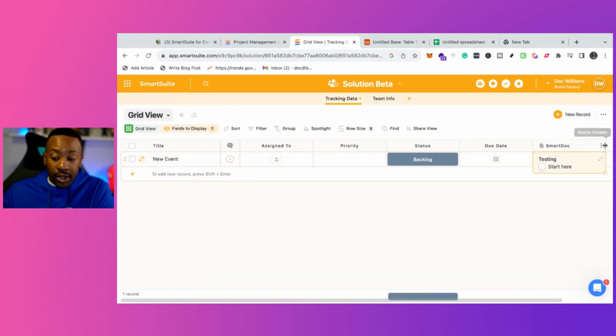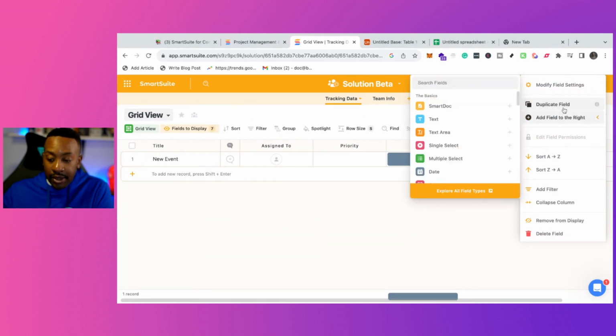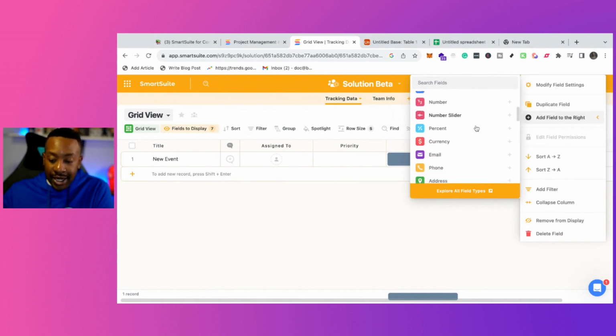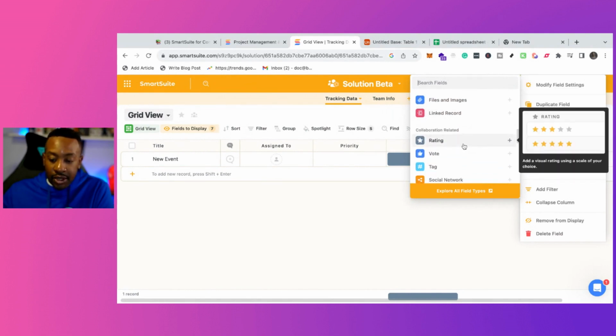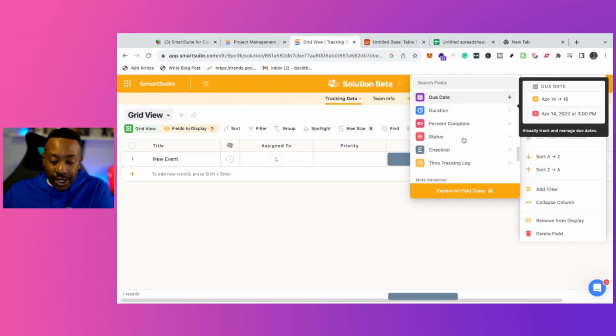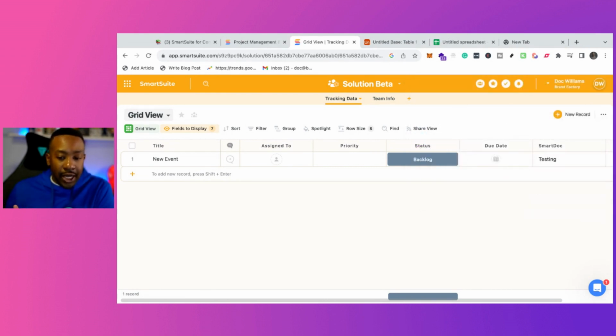That's just one of the different field types, right? You can do a lot of other type of things as well. You can create ones for a single select, date. If we scroll down, collaboration related, so we can see rating, votes, project essentials. There are quite a few things you can do in here. So again, this is where we're highlighting it's much more than just a database where you can do different automation and things like that. You can have the project management aspect of it seamlessly when you're building out in SmartSuite,